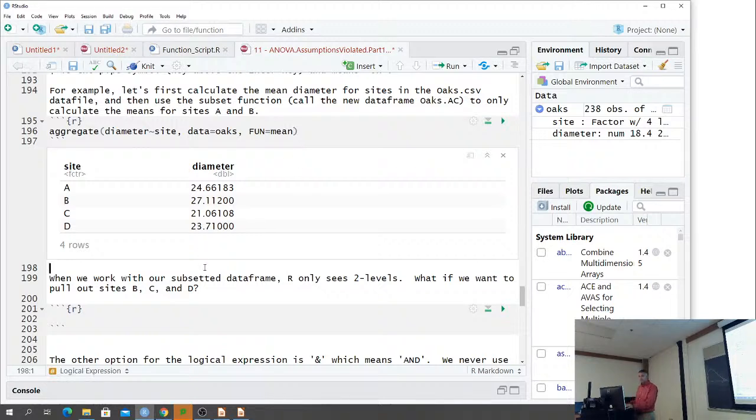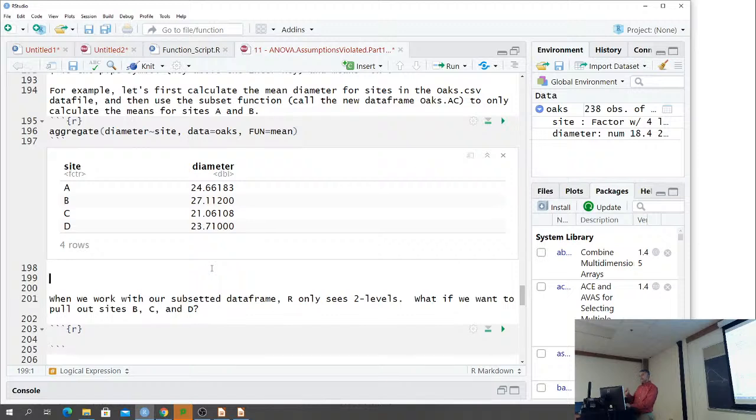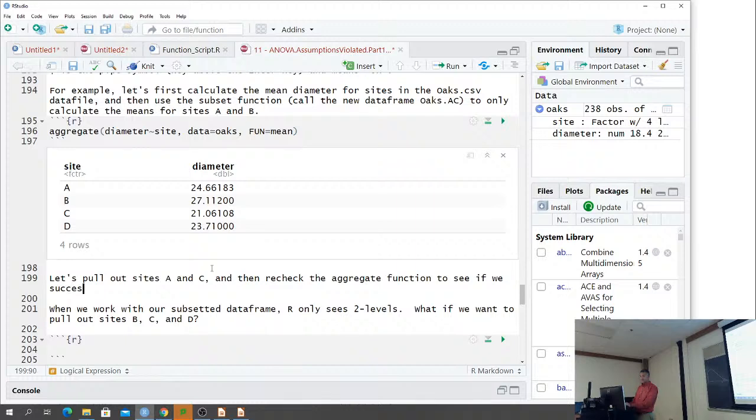All right, and then the next thing we want to do is to pull out sites A and C, and then recheck the aggregate function to see if we succeeded